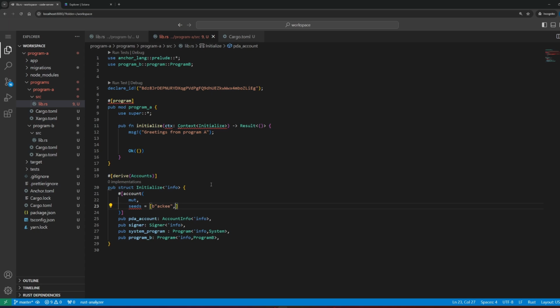I would like to also include a second seed. So for example, for you to understand it better, the second seed can also be the pubkey of some account in order to connect, for example, the signer to this PDA account. So what we can do is specify signer.pubkey,